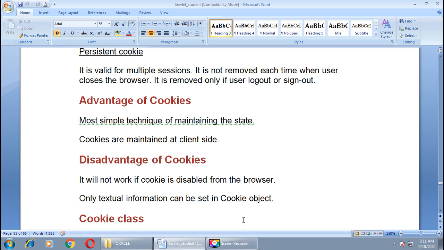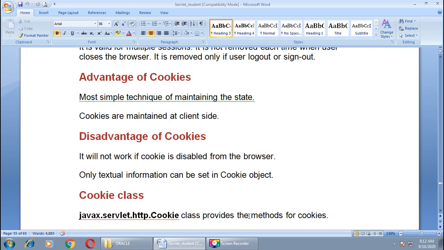If the client does not allow cookies, means the user keeps cookies disabled in the browser, we cannot handle the request. Only textual information can be sent in a cookie object. These are the disadvantages of cookies.